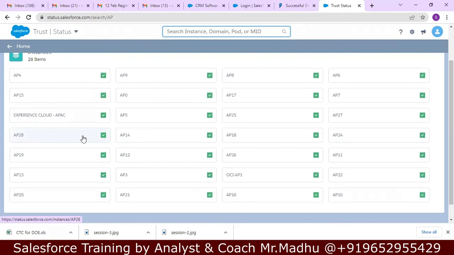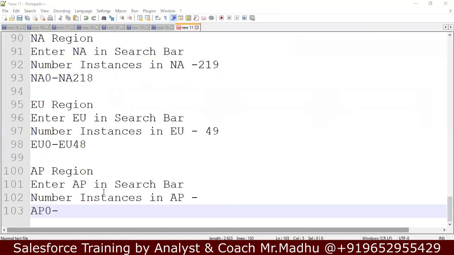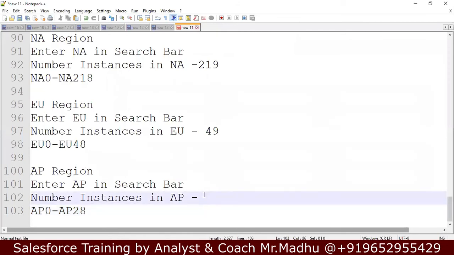I don't see more than this. So the last number is AP28. The total number of instances available in the Asia Pacific region is 29, because it starts from 0, so we have to increase the highest number by one.